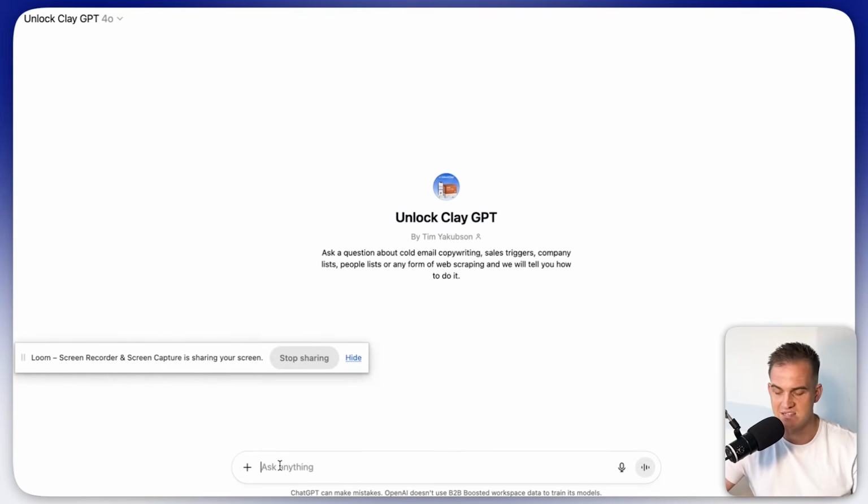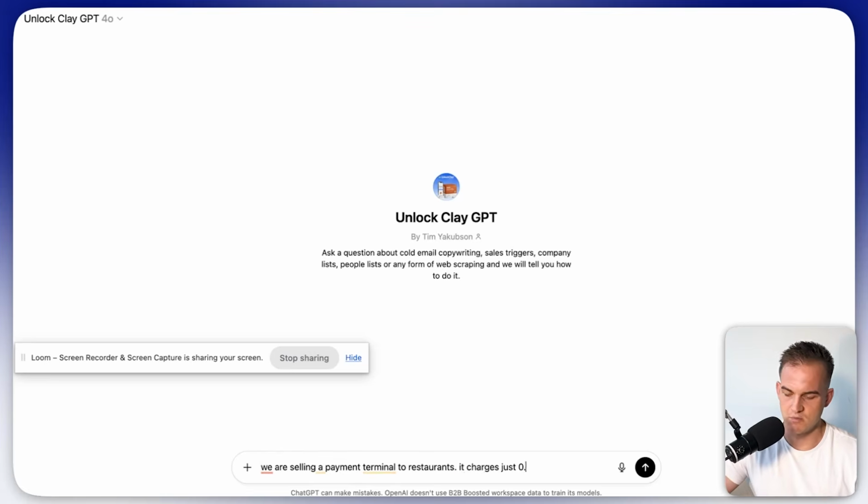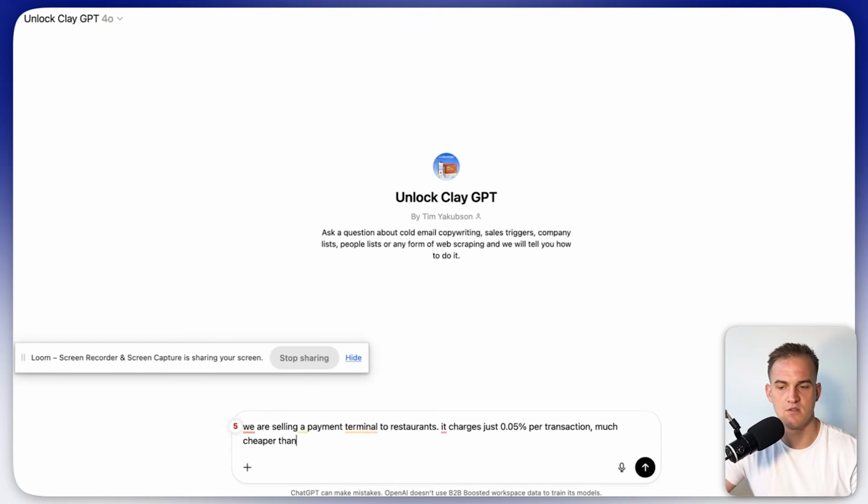For instance, let's say we're selling into restaurants. All I'm going to do here is say, we are selling a payment terminal to restaurants. It charges just 0.05% per transaction, much cheaper than Stripe at 3%. For example, it's just a totally hypothetical example here. And then after that, I can just say, write a 3-email personalized sequence and tell me where I can source